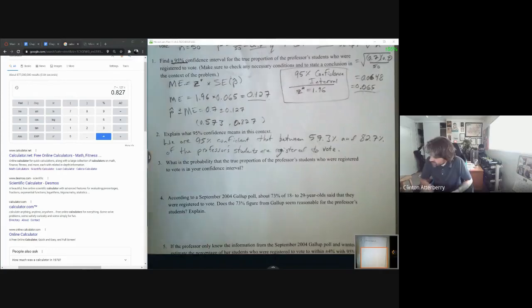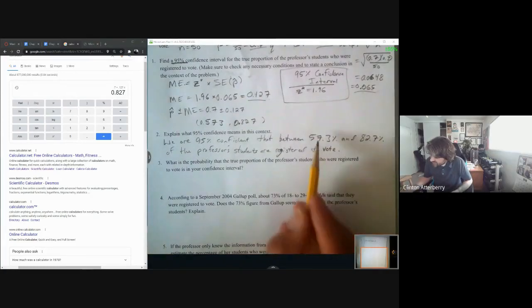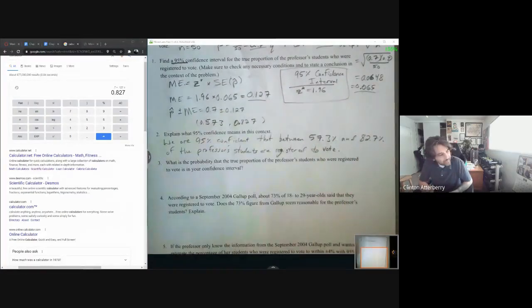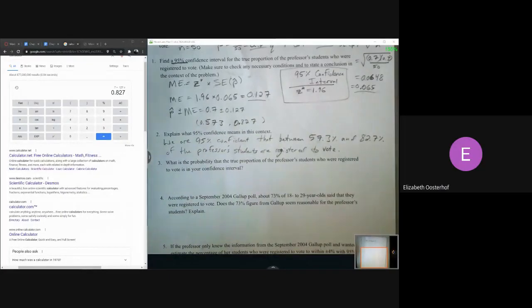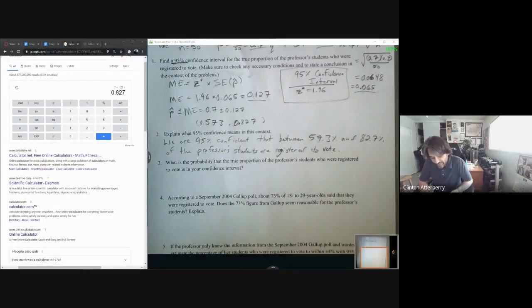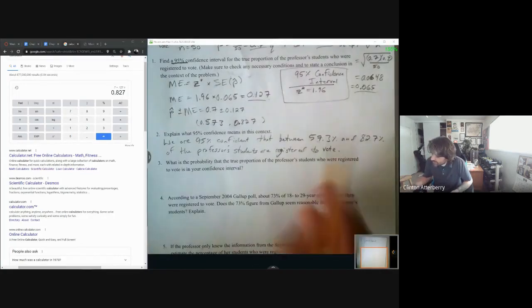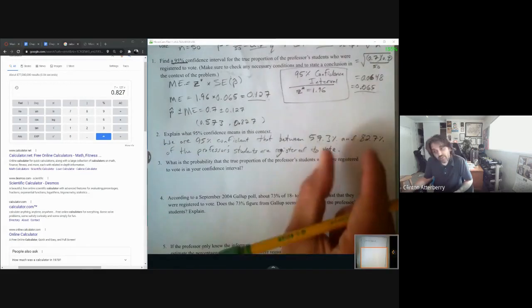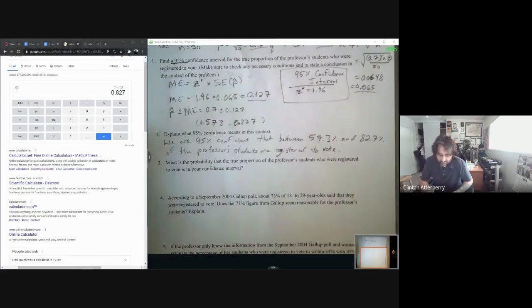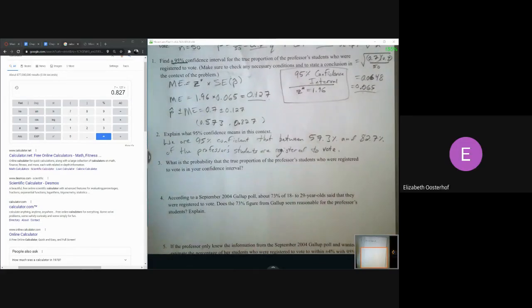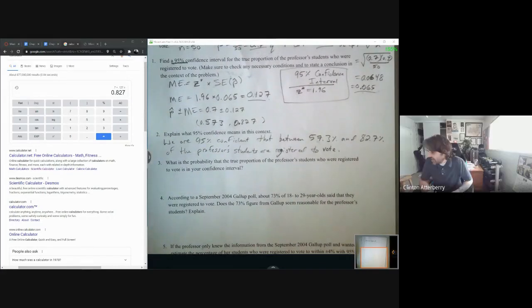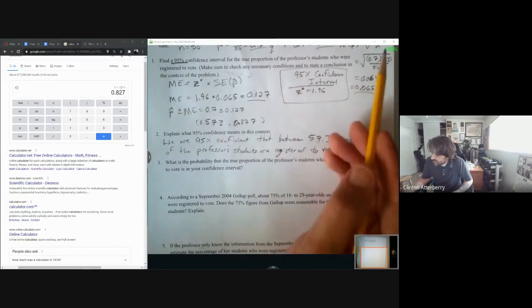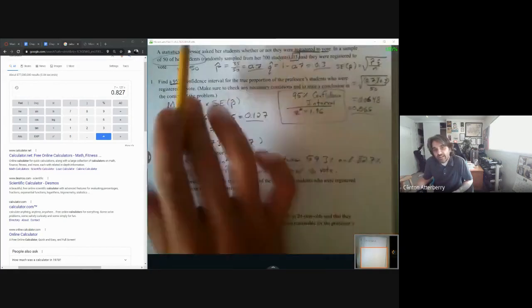Hello. Hey, so if I was to tell you 57% to 82%, that seems like a pretty big margin, right? Yeah. Like, it's useful, but it's not super useful, right? So how do you think you can make this number even smaller? What do you think could be the thing you could change to make this interval shrink? I'm not sure. Okay. So what happens is if you take this sample size and you get a bigger sample